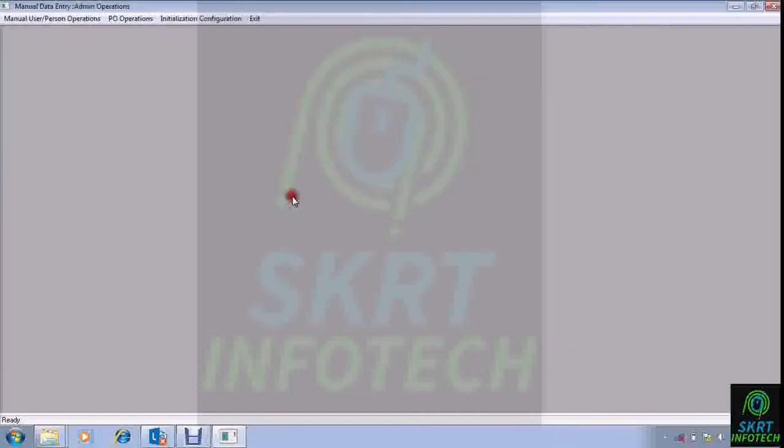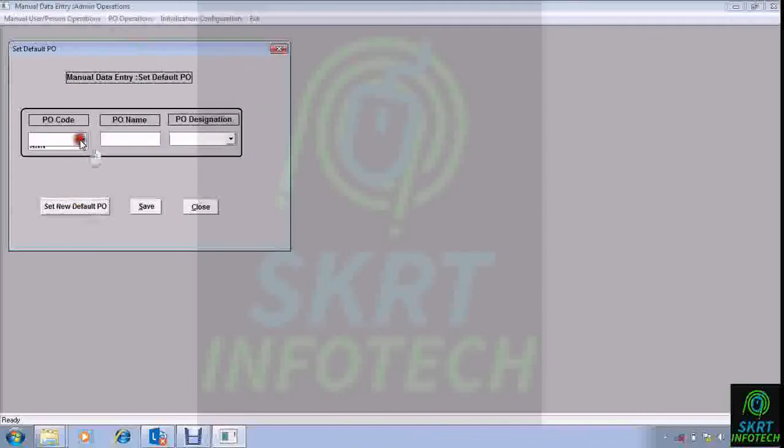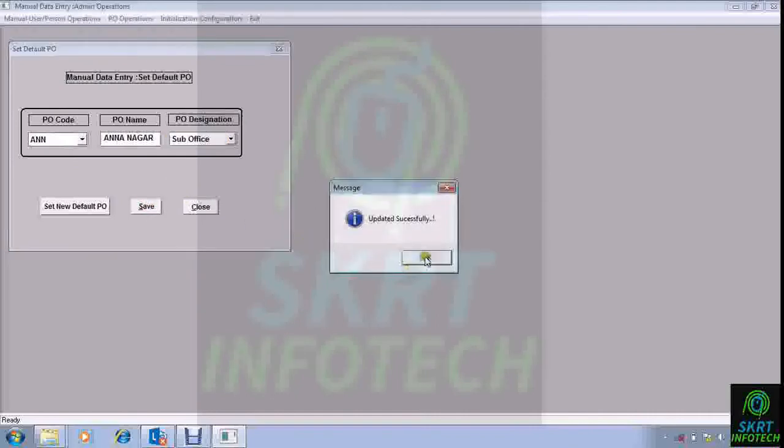You can exit. You can come here, set a default PO, set new default PO. It's Ananagar, head office. Sub office, save, updated successfully.